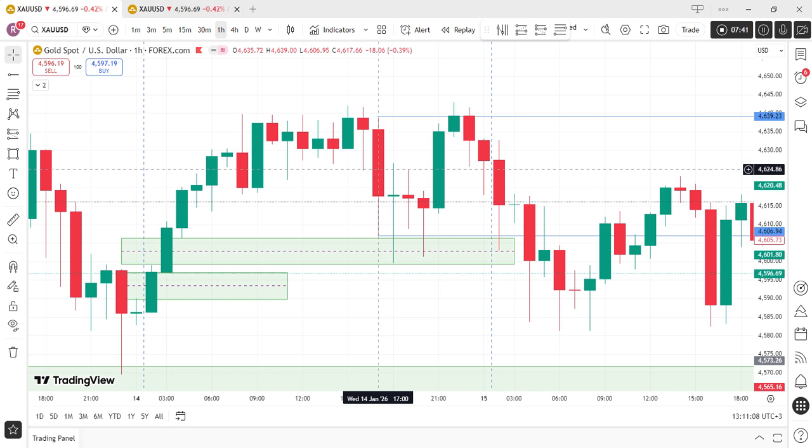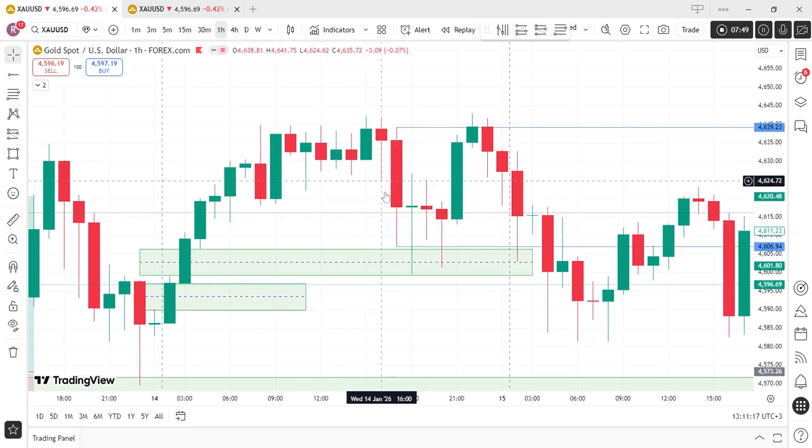So for us to be on the same page, switch to my time zone, UTC plus 3, so that you can mark the candle. Then you can switch back to your time zone and note that specific time. So this is the silver bullet time.